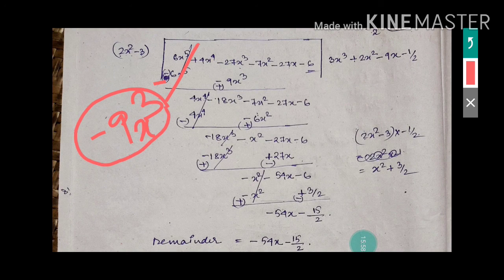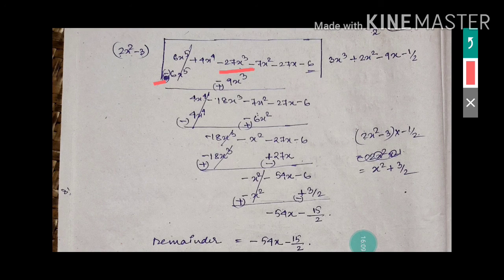So you have to find the like terms of this x cube. So check where like terms is there. Below that like terms you have to write the terms. So here 27x cube, this is the like term of 9x cube. So below that you have to write the 9x cube. Don't write it below 4x power 4, don't write. Below the like terms only you have to write the terms. So minus 9x cube we have got.